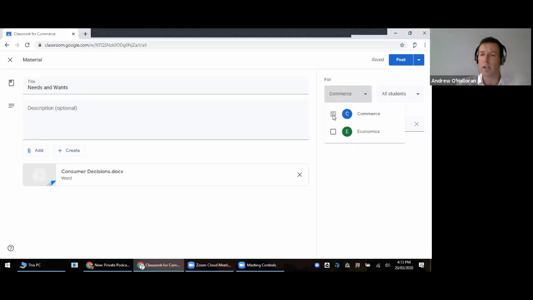So we'll leave that one checked. We're not going to post commerce work to my economics class, so we're going to leave that unchecked. If we had a list of students enrolled as well, we could actually select which students we want this to